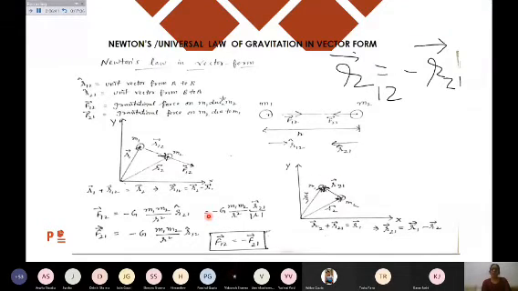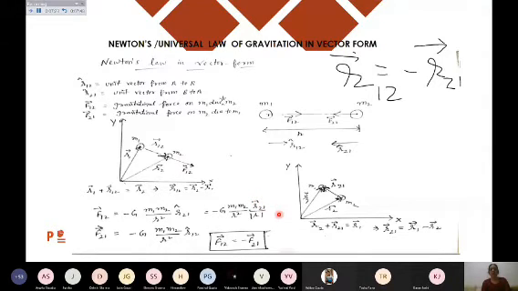So I'm writing it in this way, or if I write F12, it is equal to G M1 M2 divided by R square into R21. But R12 is equal to minus of R21. So I have written this as equal to minus G M1 M2 upon R square into R21 cap. Cap is simply showing the direction, not the magnitude. But this unit vector, I can write as the given vector divided by its magnitude. So this is another way of writing. Then I can write the result as minus G M1 M2 upon R cube into R21 vector.